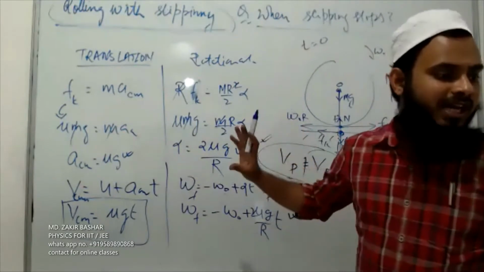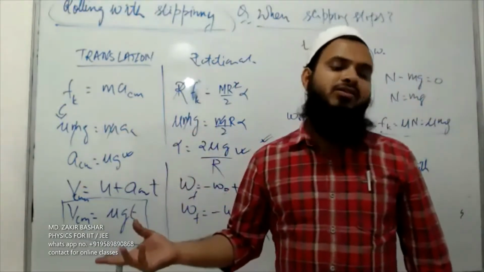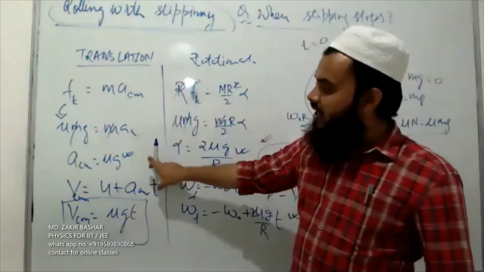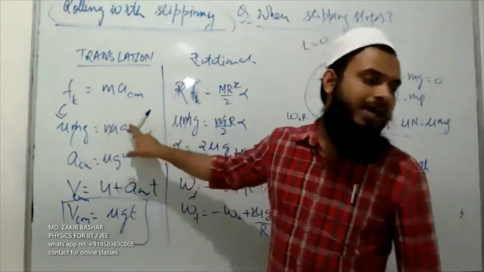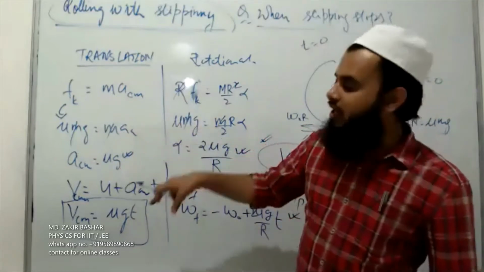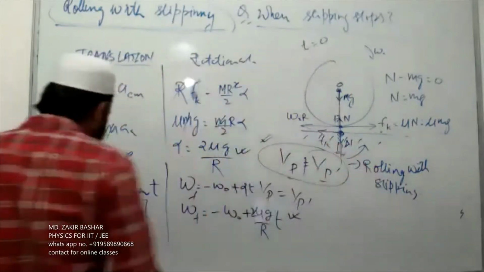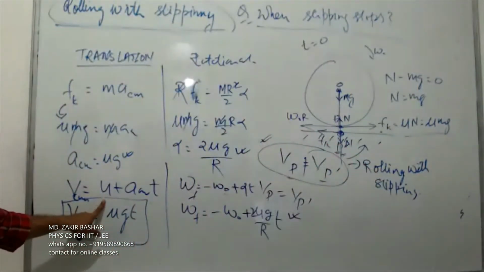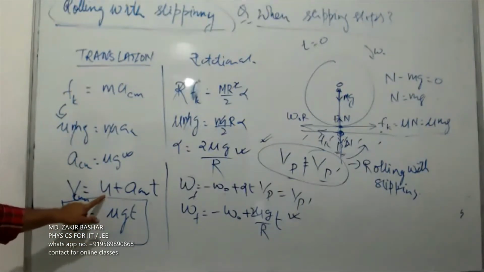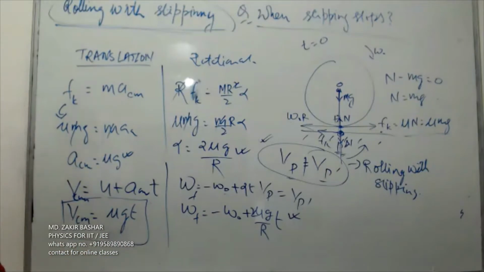If I want to calculate the translational acceleration, I will do this. After time t, this point is also moving with some translational acceleration, so you will gain the translational velocity. At time t equals 0, the initial velocity is 0. I am not writing the 0 here, so I am taking this as 0. Then you will get the final velocity as a_cm into t only. Is it clear?